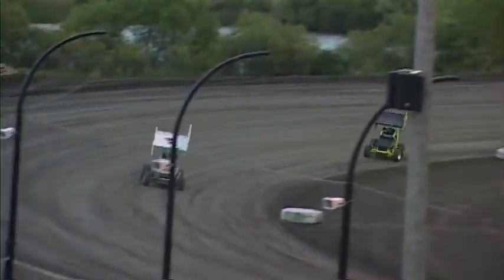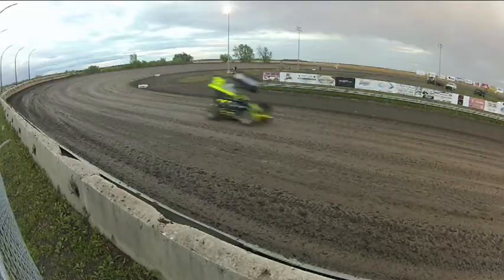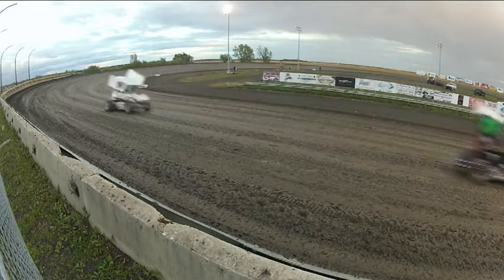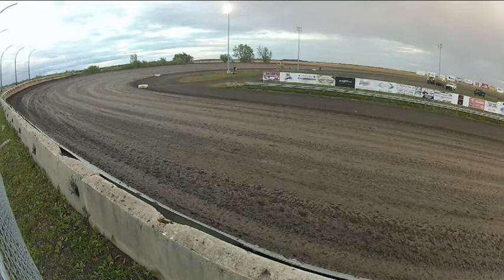A great race for 1st and 2nd in heat number 1 of the Lightning Sprints. Chris Soren pulling away at the lead. He's got 1 lap. Can he make it around the track and hold on to that lead? We will find out. Amber Balkan sitting in 3rd, followed by the 17 car of Jesse Giesbrick and Edward Bell